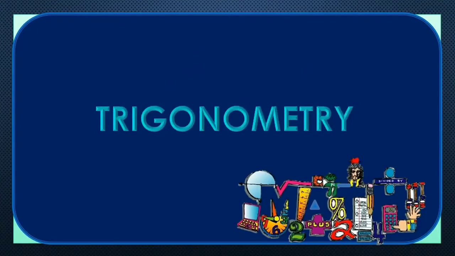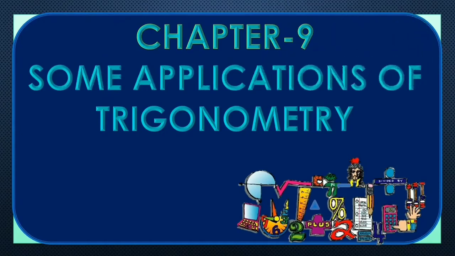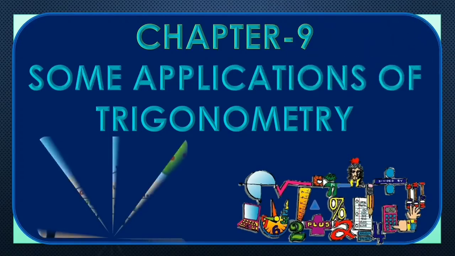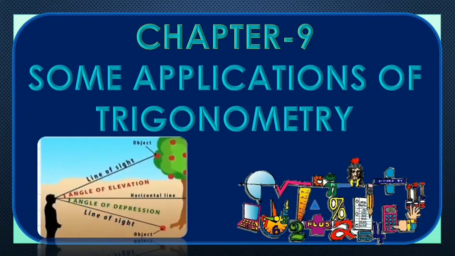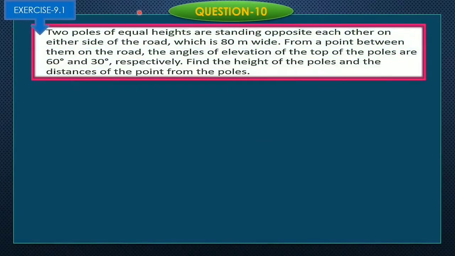Students, in today's video lecture, we'll continue chapter number 9, some applications of trigonometry. Though we have started this chapter in the last video, today we will do some more word problems based on trigonometry. Now students, we will do question number 10, which says two poles of equal heights are standing opposite each